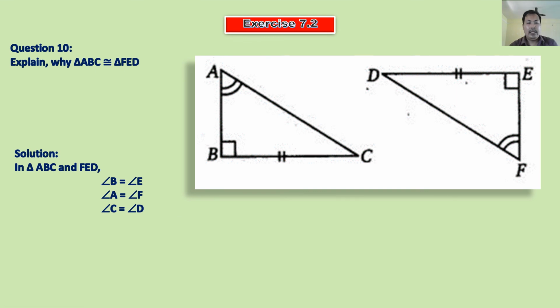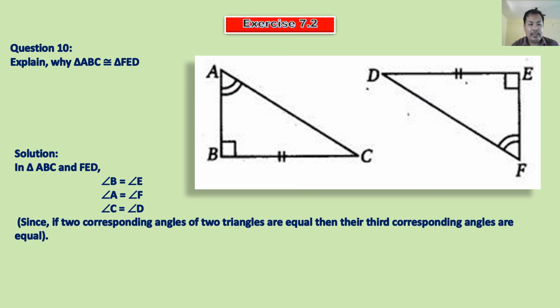So here we have that angle C is equal to angle D. Angle C and angle D are not given, but here I am showing you that angle C and angle D are the same. Why is it the same? Look carefully here, my dear student. If two corresponding angles of the two triangles are equal, BE same, AF same, so if two angles are the same, then what happens?